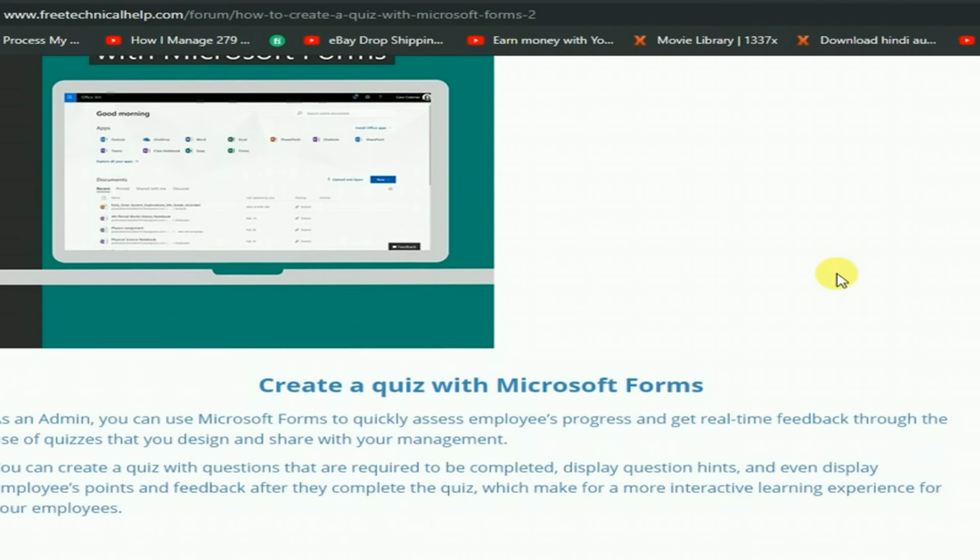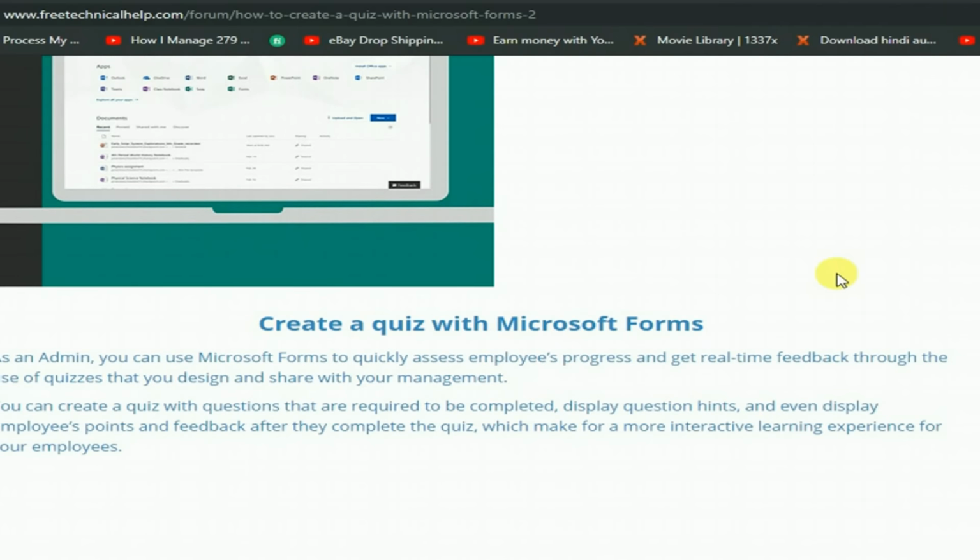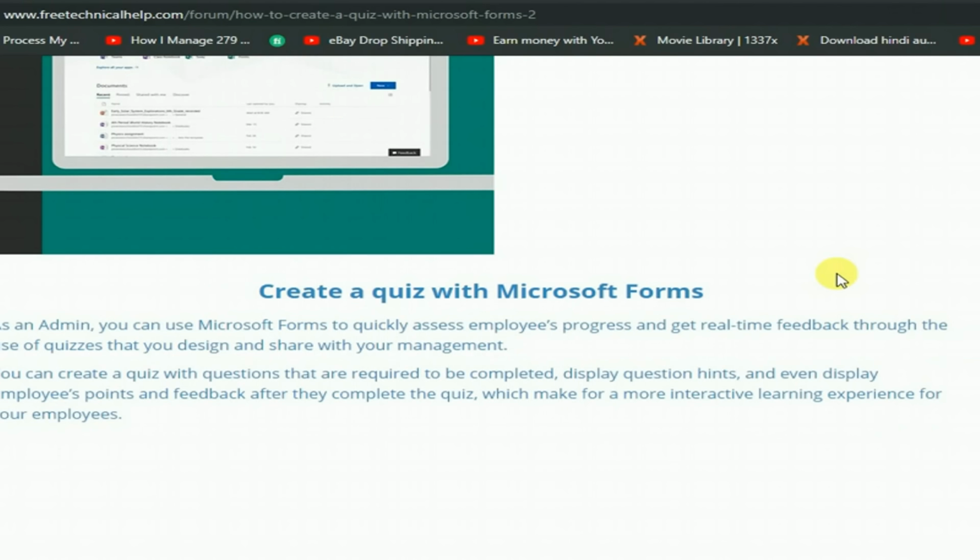These quizzes and surveys. Now, with the help of Microsoft Forms, you would be able to quickly assess employees' progress and get real-time feedback through the use of quizzes that you design and share with your management. You can also create quizzes with questions that are required to be completed, or you can display question hints and even display employees' points and feedback after they complete the quiz, which makes for a more interactive learning experience for